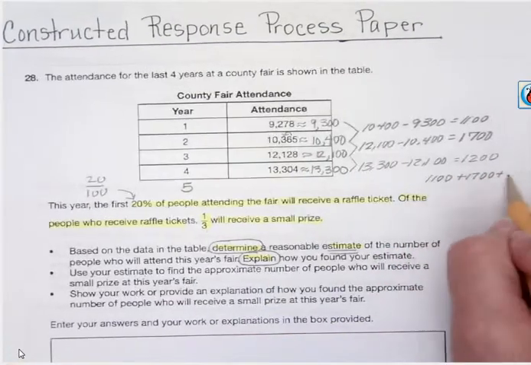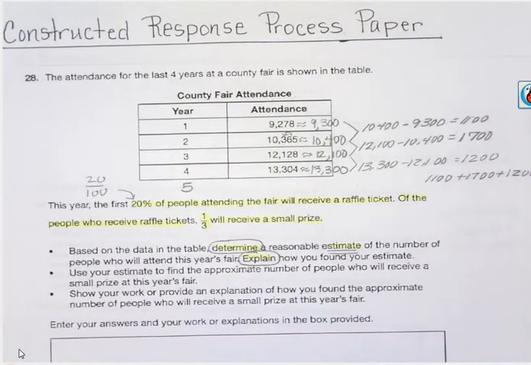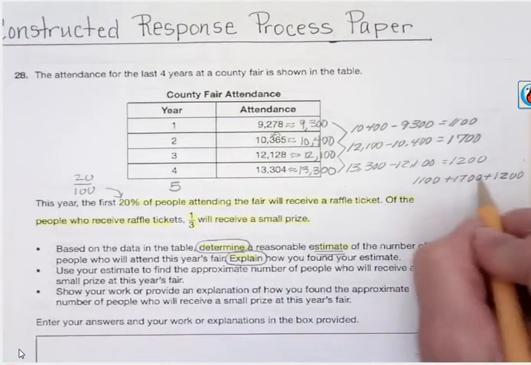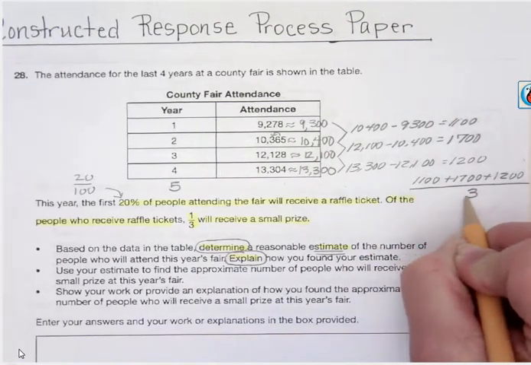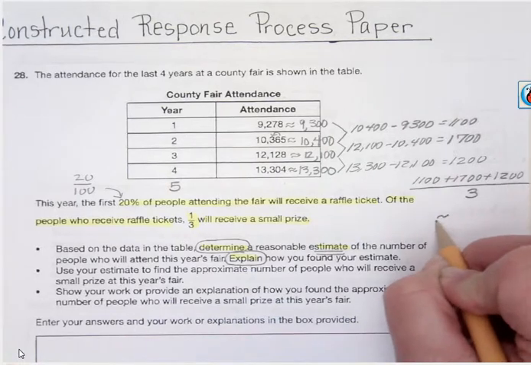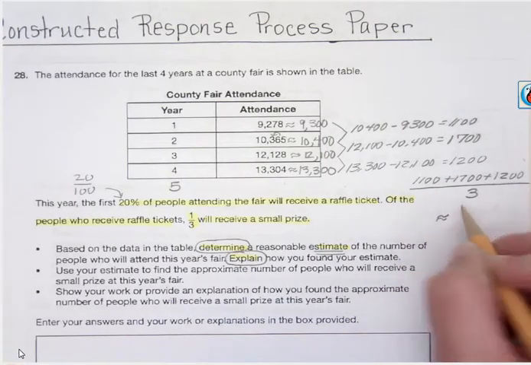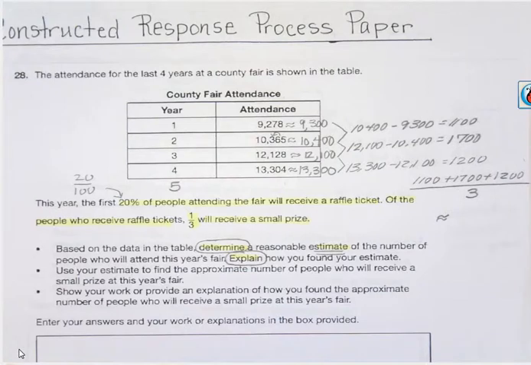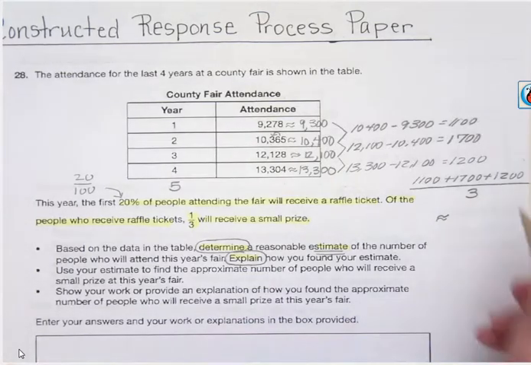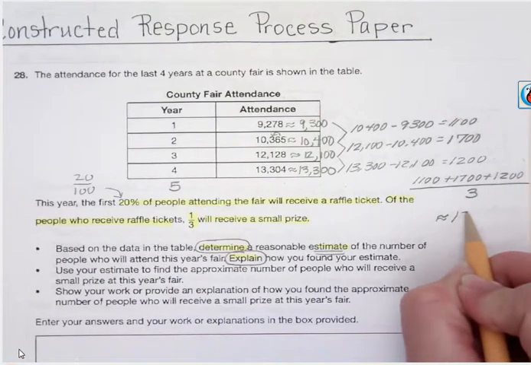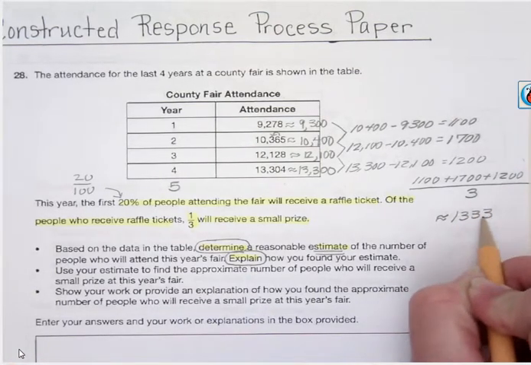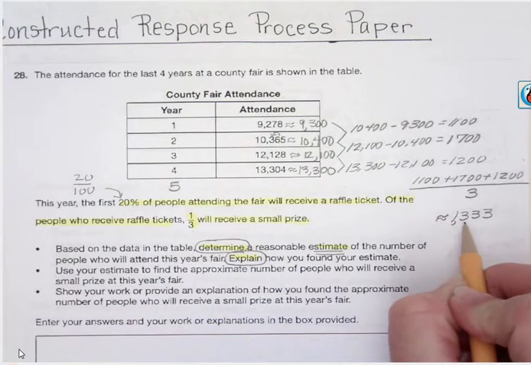We sum our 3 differences and divide by 3 to discover, after doing the math, that the average is approximately 1,333 people